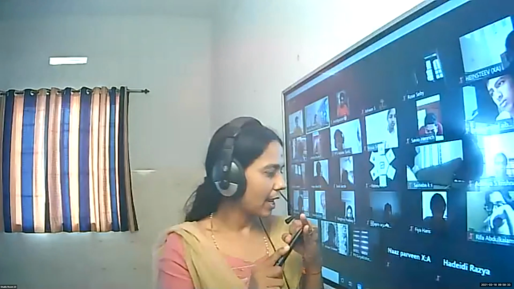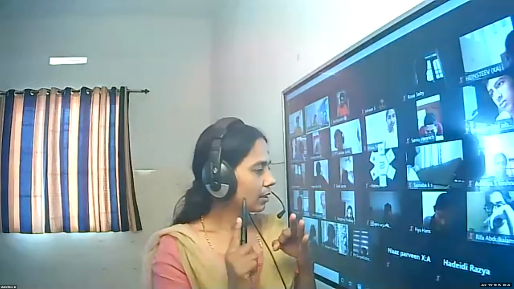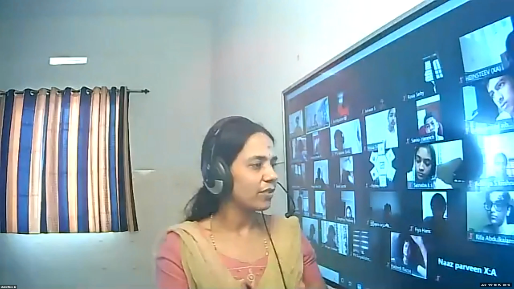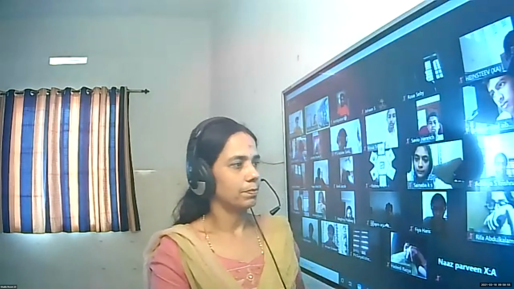So first step, check whether it is in general form. Then write down what is A, B, and C. Then what is the next step? Write the product and sum. Then split the middle term. Based on the sum and product, you split the middle term, make it into linear factors, and we find the zeros. After finding the zeros, we'll be verifying the relationship.